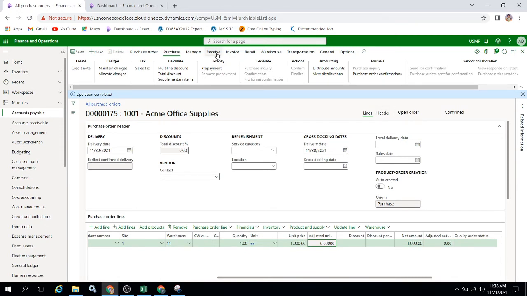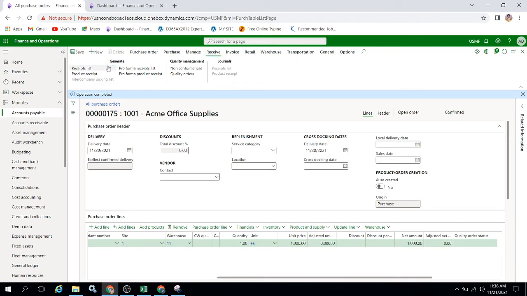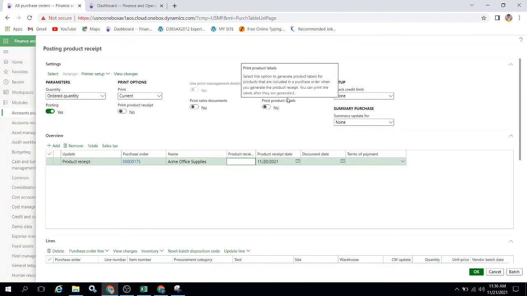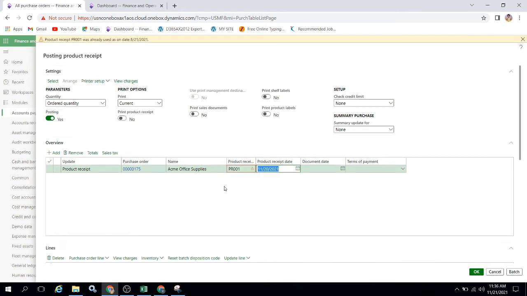So the purchase order is confirmed now, and I am generating the product receipt. The product receipt number I am giving is PR001.